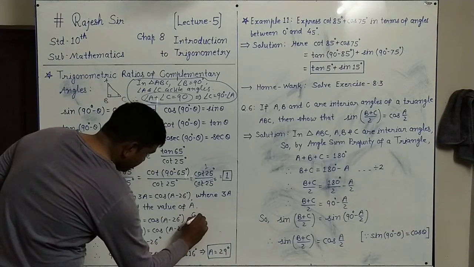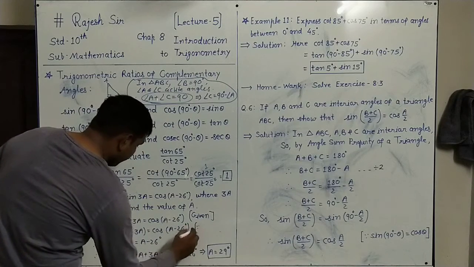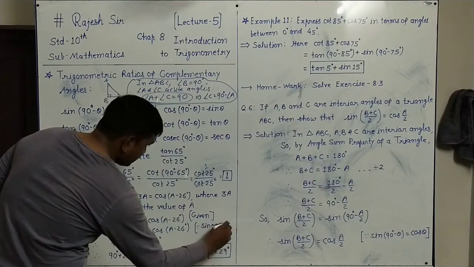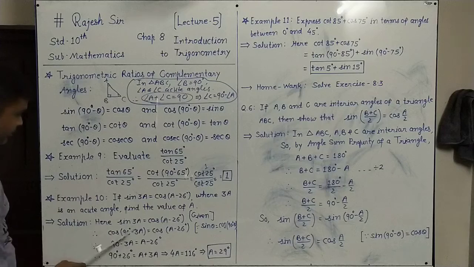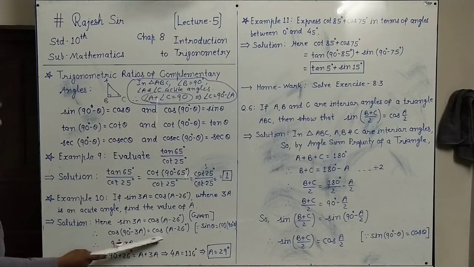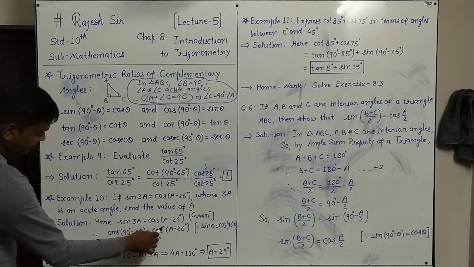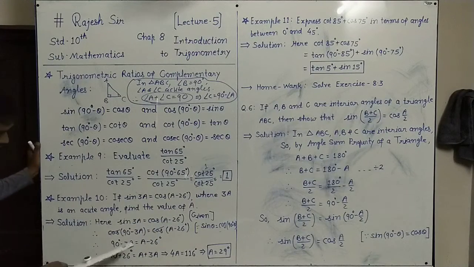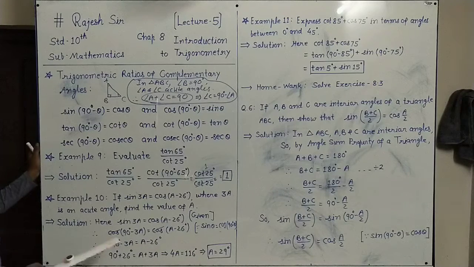Here we write the reasons. The first step was given in the question, and in the second, sin theta equals cos of 90 minus theta. So sin 3a equals cos of 90 minus 3a, and cos of a minus 26. Now we can cancel the cos function on both sides because 3a is an acute angle. If the cos function is cancelled, the remaining angle is 90 degrees minus 3a on the left, and on the right the angle is a minus 26. That can be equated.